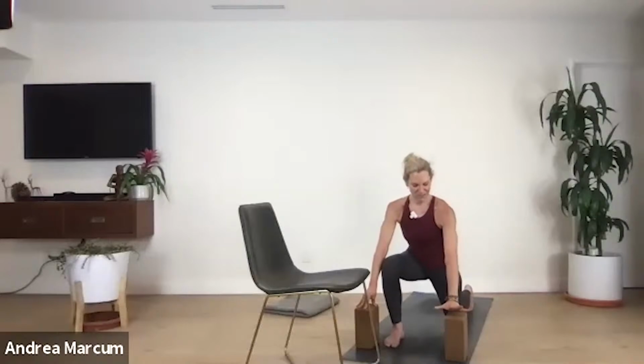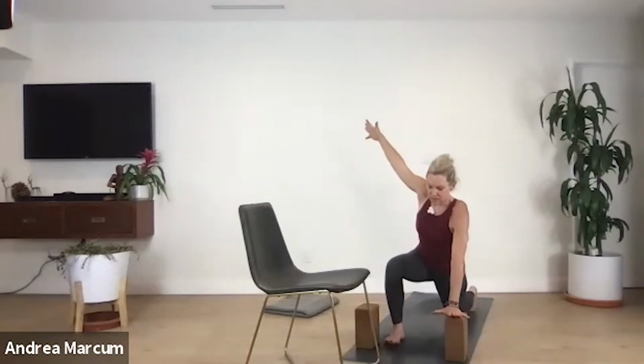Get settled in. Feel a stamp into your left heel, that front heel. Find your Tadasana spine. And then right hand will stay on your block. We'll twist open towards the left, left thumb to the sky, and just notice all the habits that show up. It's not because we're bad people, they've just been the way we've operated for a long time. So a lot of that sort of stress in our shoulders or a collapse into things. Instead, stamp into that heel, grow tall, spin the inner upper arms away from each other, and adventure into your